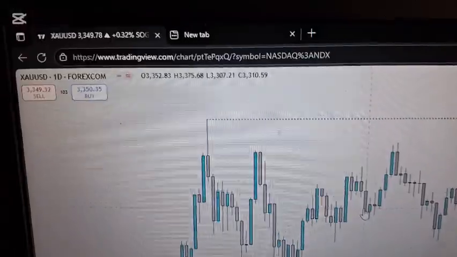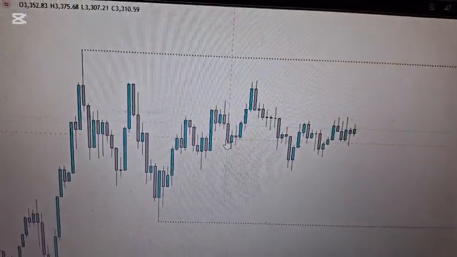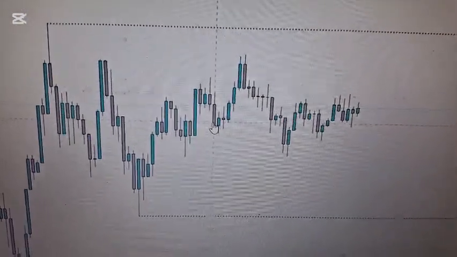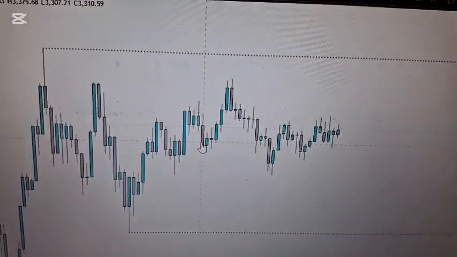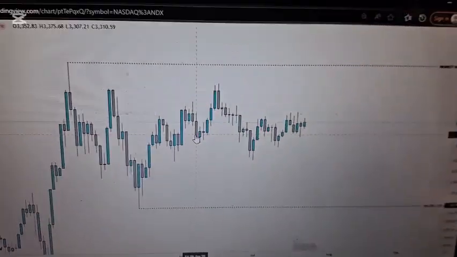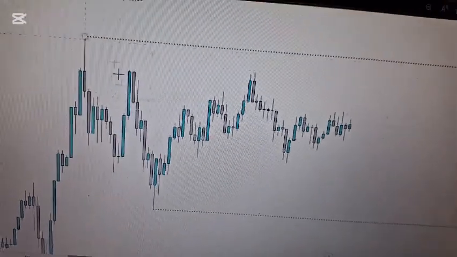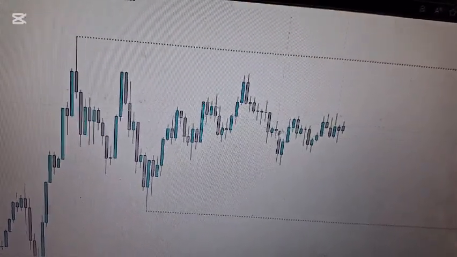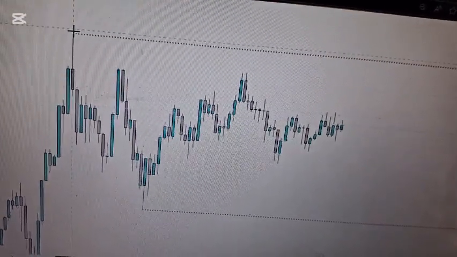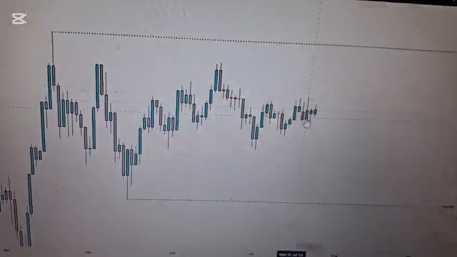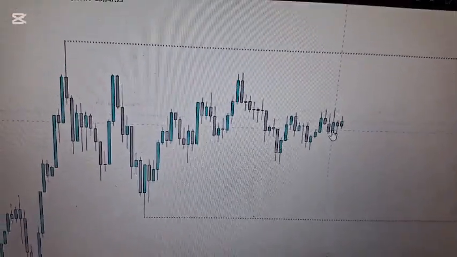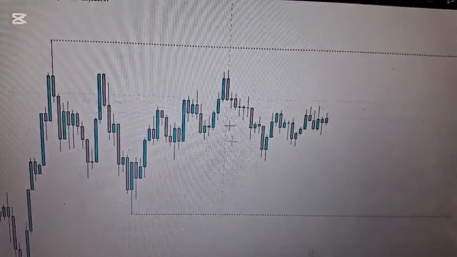One daily time frame, if gonna be doing a weekly forecast. Basically, I'll be anticipating where the market might be heading. So right now we're on gold on the daily time frame. As you can see, we've been inside this consolidation for a long time. The market is ranging between here and here, inside here. But it's cool though. We're finna break it down and see where the market is heading.